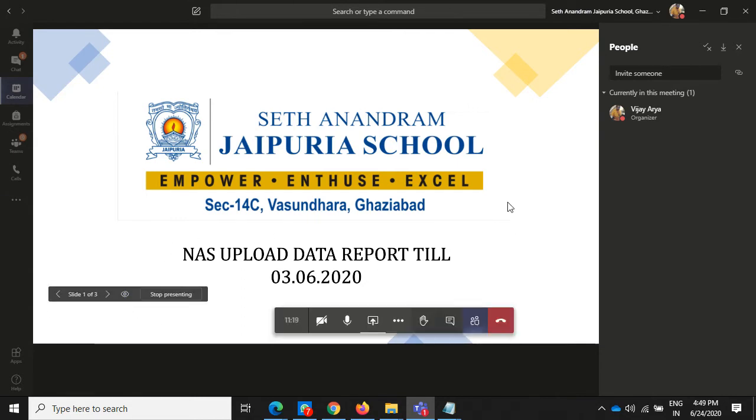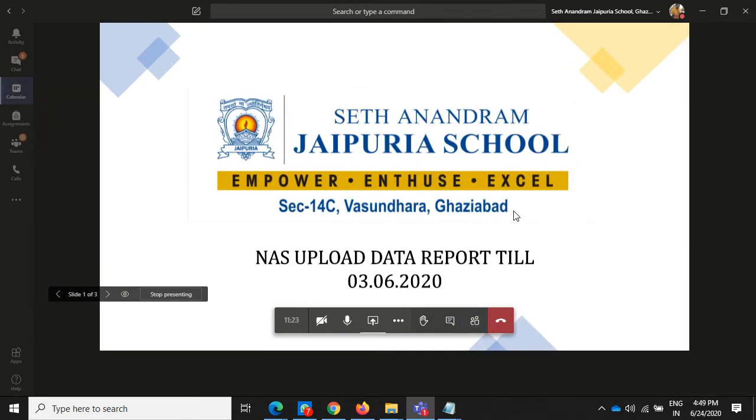The next part is how we can use screen annotation. I found an app in the Microsoft panel called ZoomIt. ZoomIt means we can zoom the content also. While using this app, it will zoom the screen. Sometimes your PPT has data in a small size, but I want to explore it, or draw something, or write something over the PPT, then we have to use that. So how can we do that?